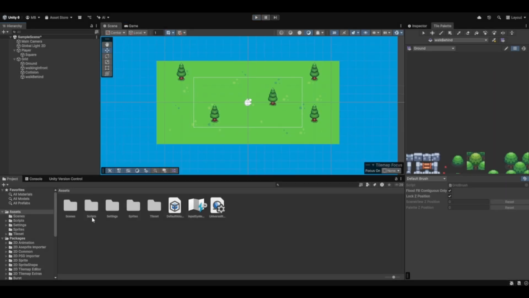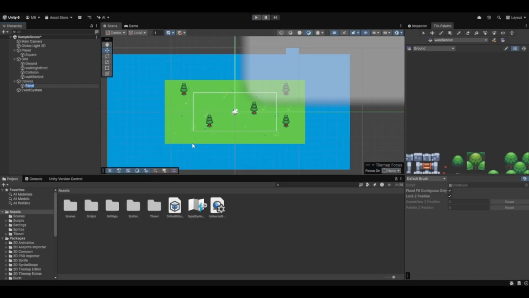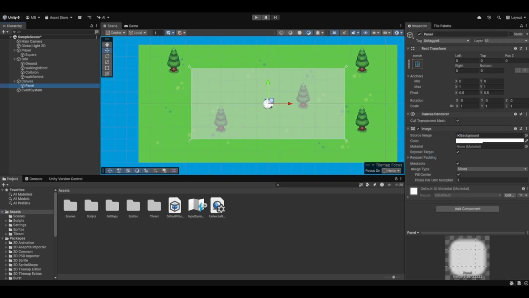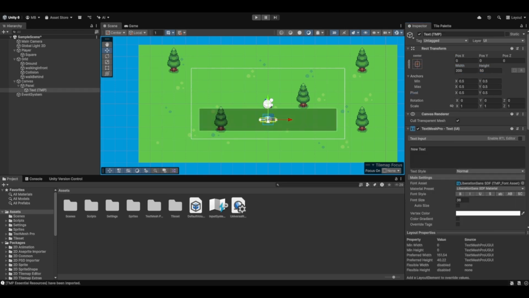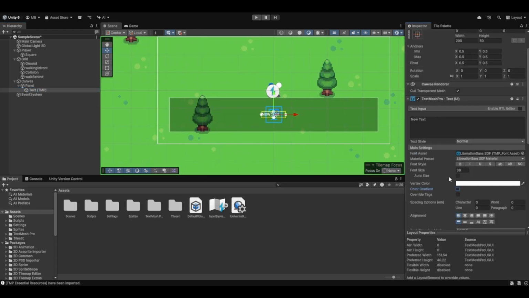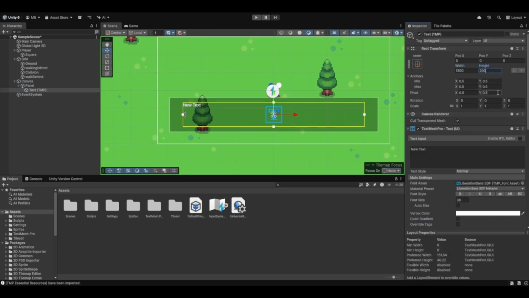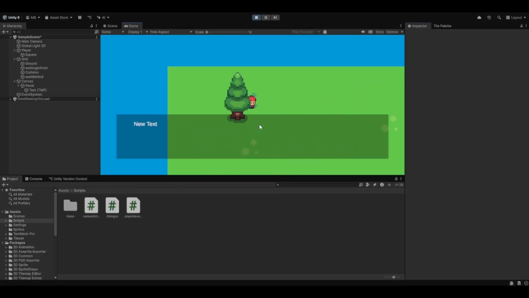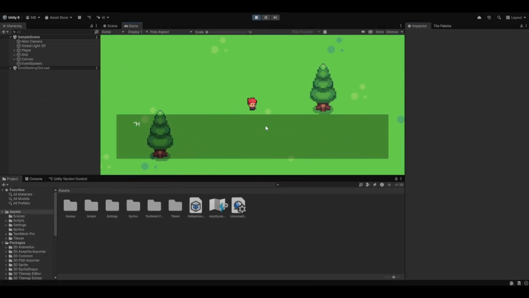Then I tried to make a dialog box, following a tutorial to make it. But when I tried to make the panel for it, it was too big. Not until, with the help of Catman, I managed to make it smaller and fit it in the game screen. Then I added a text mesh to the dialog box and now we have something to work with. At first it didn't work because of some issues I had with the project settings, but now it works.